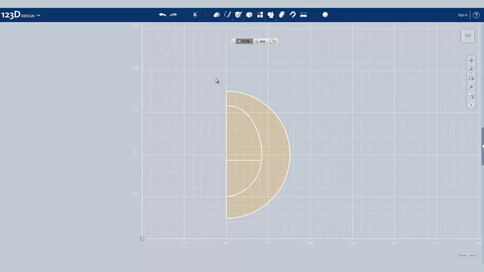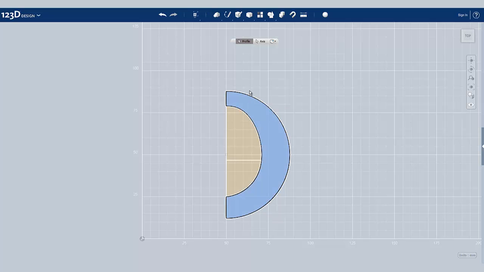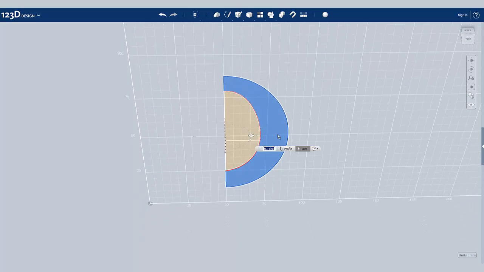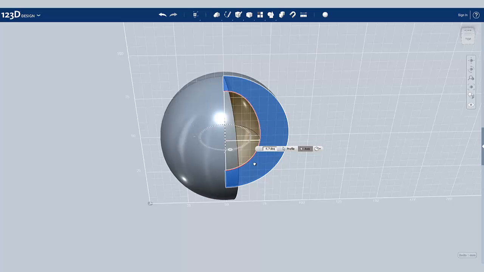We're currently selected on the profile selector, so I'll click on the outside sphere cross section. There we go. I'll select the axis selector by clicking on the word axis. Then I'll go actually click on our axis, which will be our center line we've been using. There we go. If I move our camera around, we can now grab this little circle here, and if we